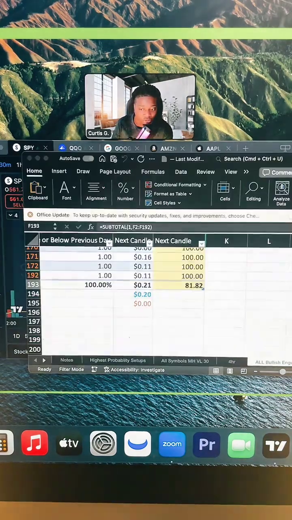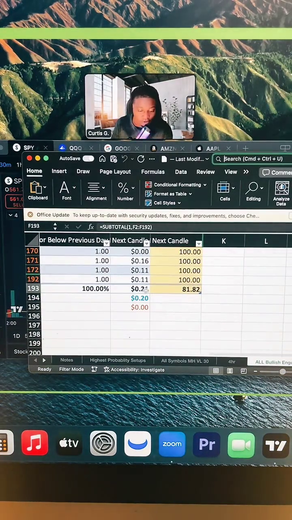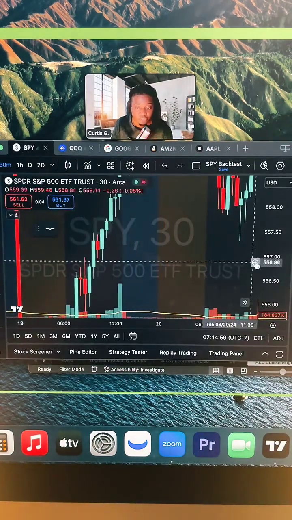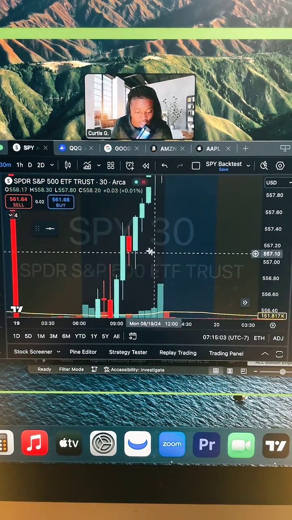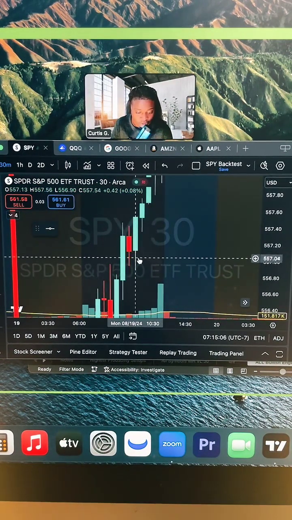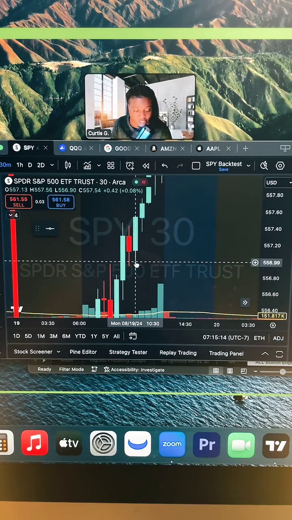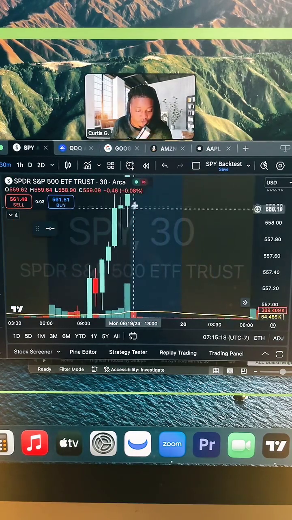And then like I showed you on the backtesting log, on average, there's at least a 20 cent pullback on the candle. So instead of getting in right away, you could wait for this candle to come down to this area and get in your calls. That gives you more breathing room on your risk management and your tolerance for your stop loss. You can wait for it to come down here, get in your calls, and then catch this ride all the way up.